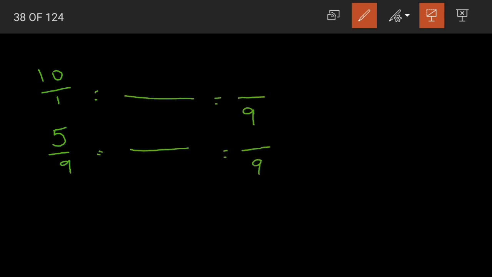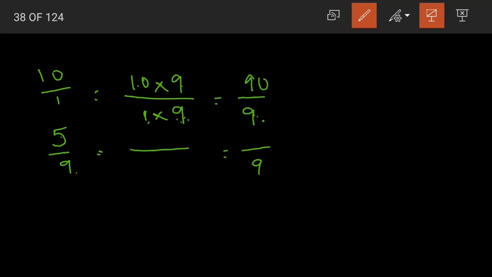10 by 1 minus 5 by 9. What is the LCM that we got? We got 9 as our LCM. So now we need to convert these unlike fractions into like fractions which have 9 as their denominator. Now what should we multiply 1 with? 1 9s are 9. Yes. So again we need to multiply the numerator with 9 as well. 10 9s are 90. 9 1s are 9.